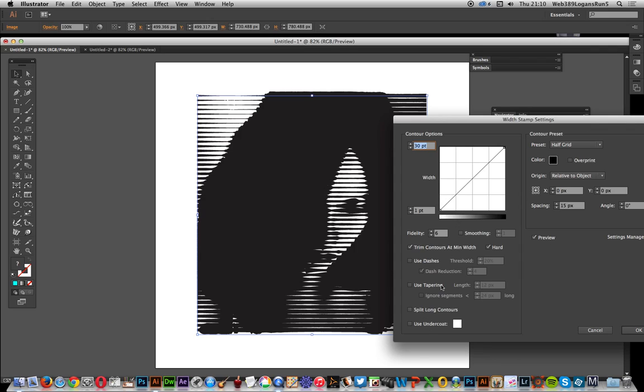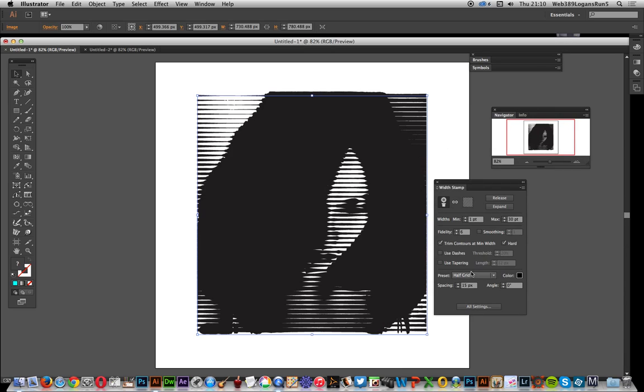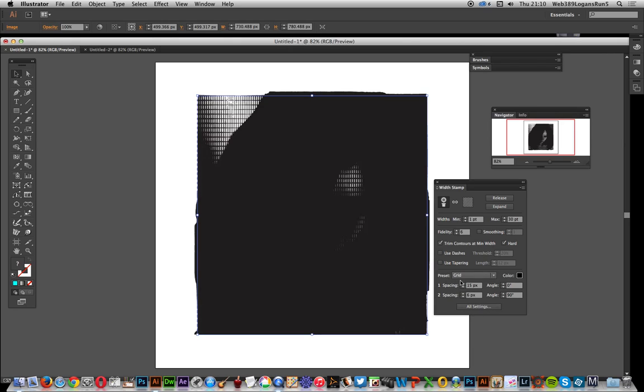There's quite a few that are split, long contours, etc. Various color, spacing. Some of these are useful for different presets, some are not. So these ones, like the origin point, are not so useful for this one. So I'm going to cancel there. Just going to go through the various things. So this one's grid, it creates up and down lines, so you can see the lines there. And again, it depends really on the setting here. So you can just go down here and set the angle to 45,